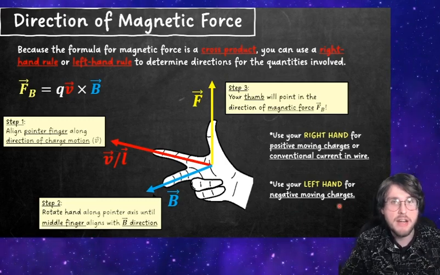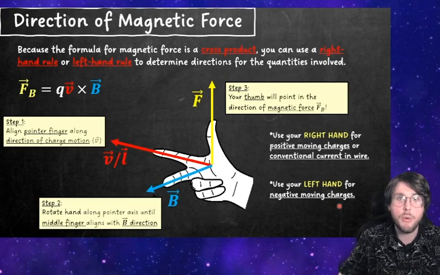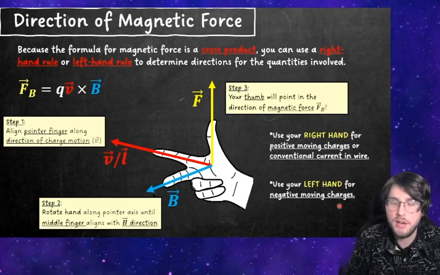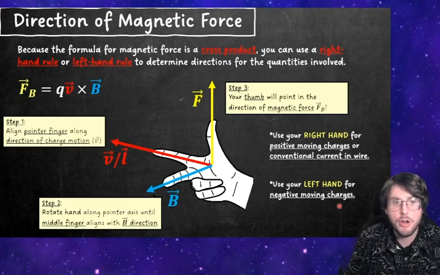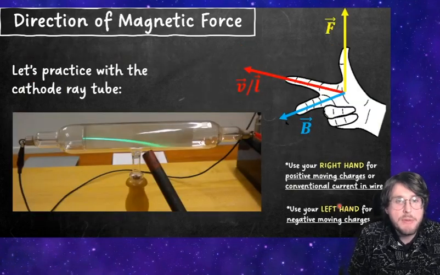And again, if you have a negative charge moving around, then you should use your left hand in order to establish the magnetic force that it will experience, because it will always be opposite of what the positive charge will experience. All right, so to get some practice with this, I'm going to go back to that picture of